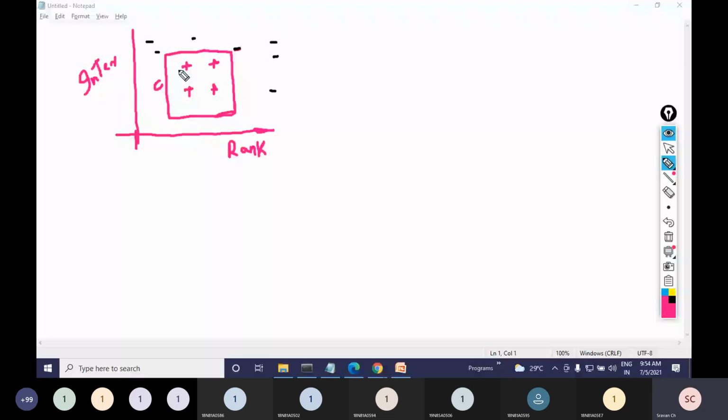Now what I have done is, as I told you, I cannot build a hypothesis which is 100% accurate. Please try to understand, I cannot build a hypothesis which is 100% accurate. This C which you are seeing on the screen, the one represented in pink color, is actually showing the ideal hypothesis. Ideal hypothesis means the hypothesis which will give me 100% accuracy. It should identify that this box contains all positive examples, and anything outside the box is a negative